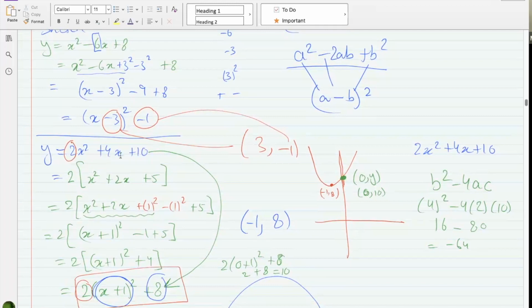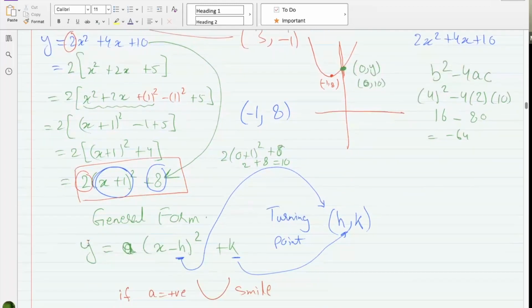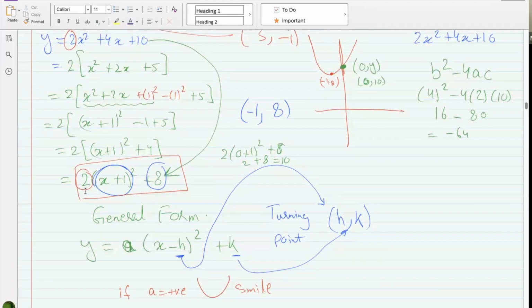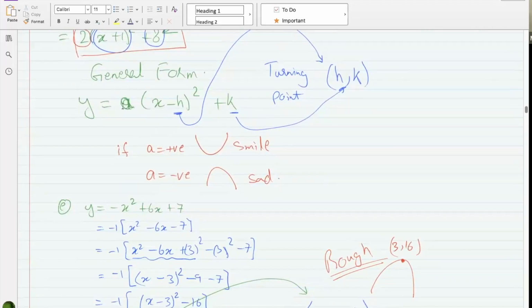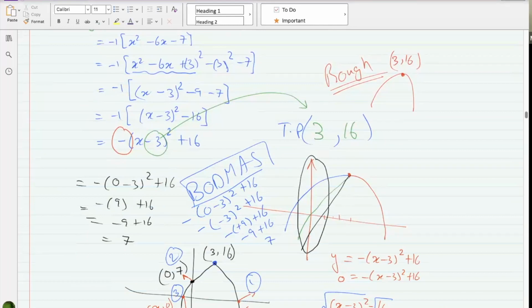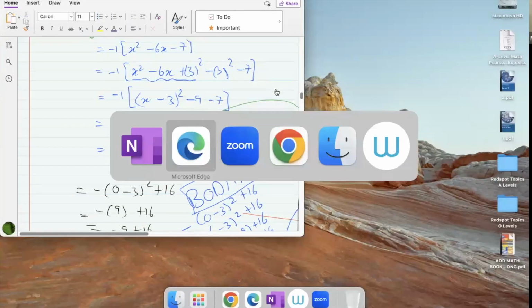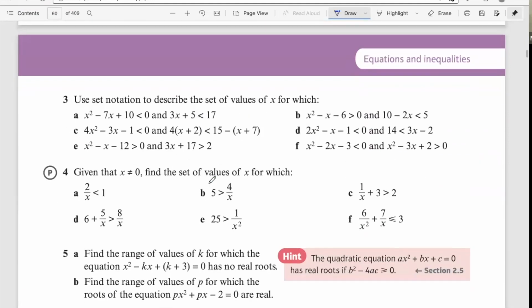y is equal to 2x squared plus 4x plus 10, taking out 2 common to make the coefficient of x squared 1, then completing square form. Positive 2 in this part tells you that it is a smiley face. Turning point is minus 1 comma 8, and then you go for the intersection of the x-axis or y-axis. General form was a bracket x minus h whole squared plus k, where a tells you if it is a smiley face or sad face. h comma k is the turning point. So this was the sketching part,